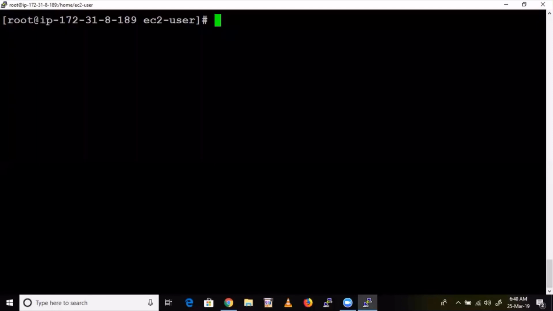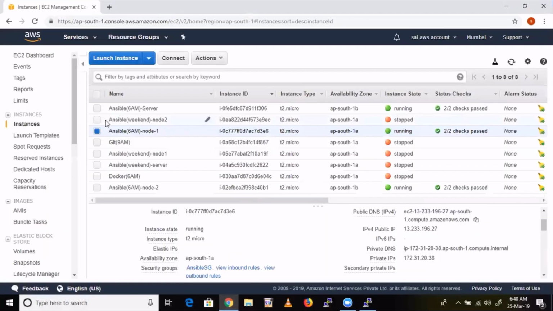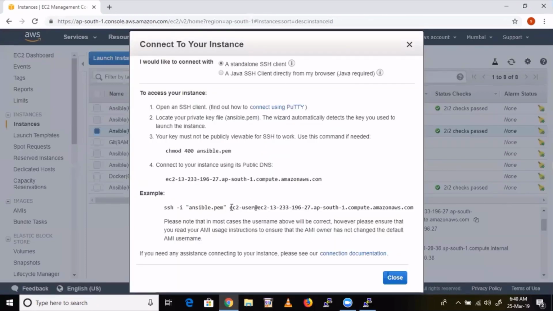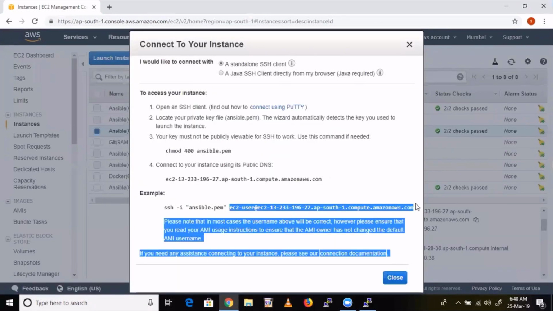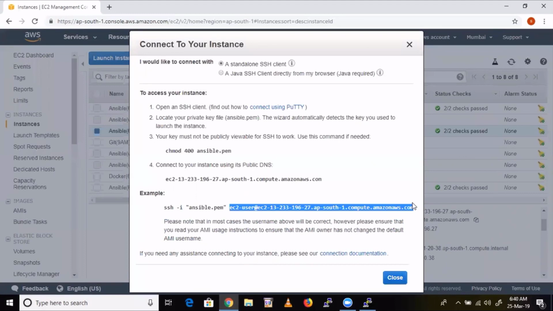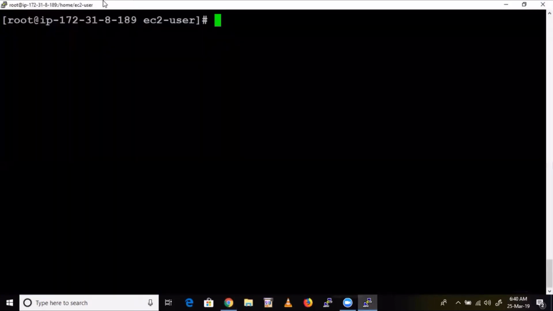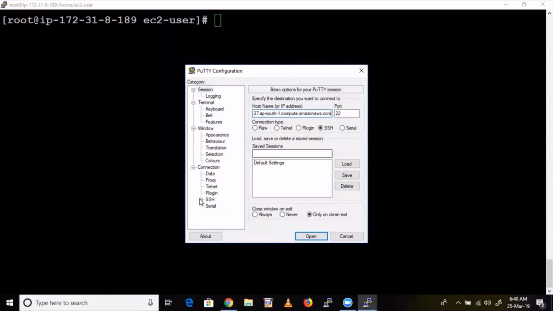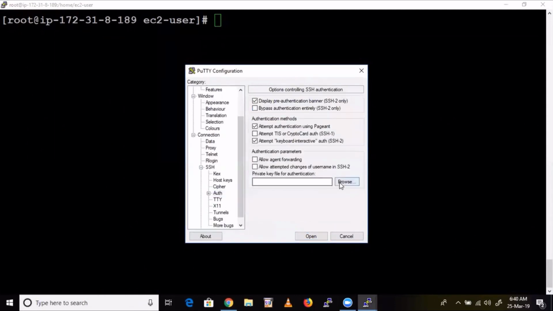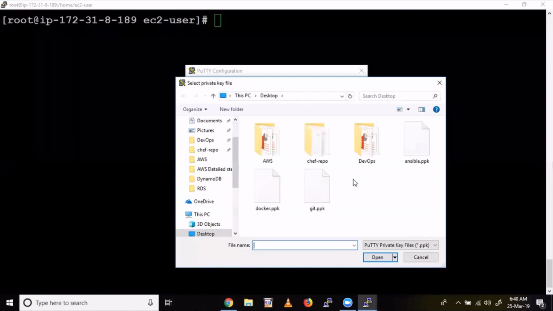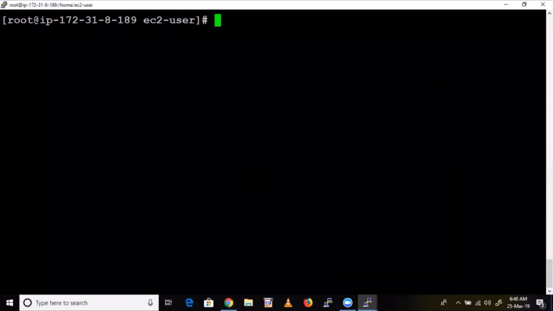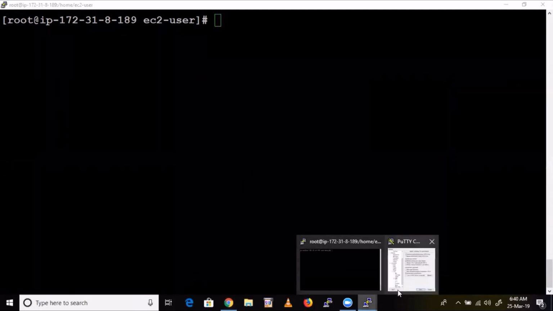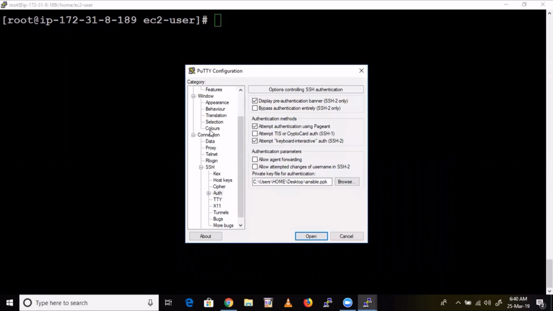So let me log into those two machines as well. Node 1. Okay, so I'll change the color, guys.